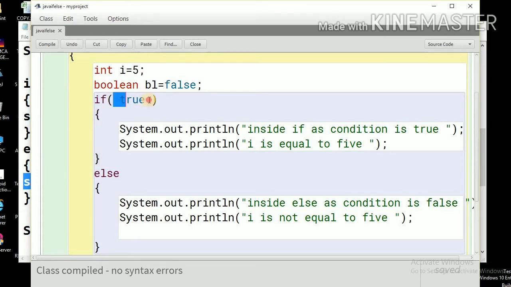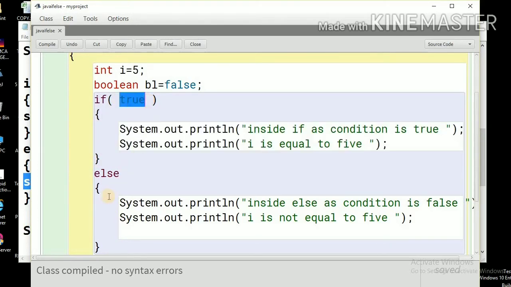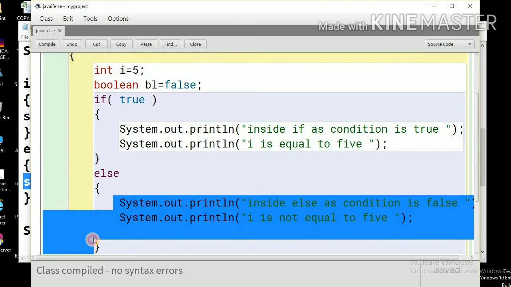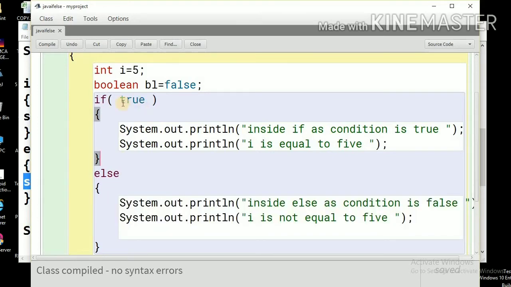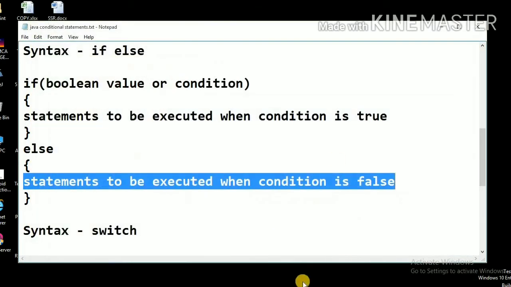If this is true, the if block will be executed, and if it is false, the else block will be executed. Right now I have true, so let me compile and show you the output.